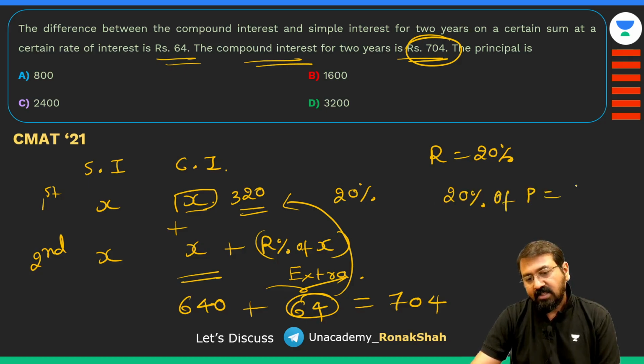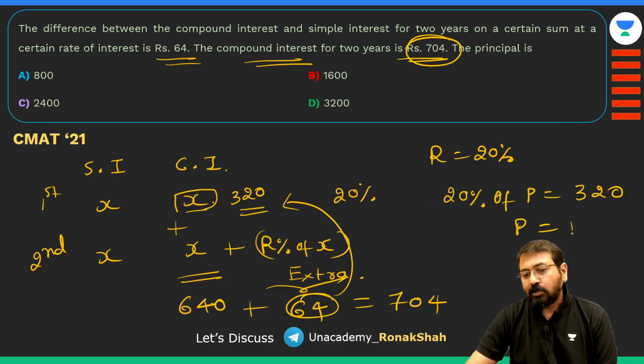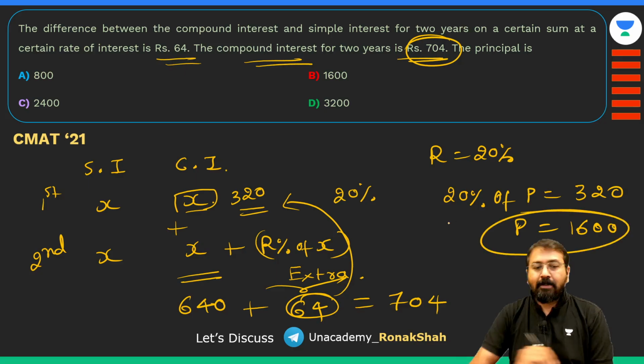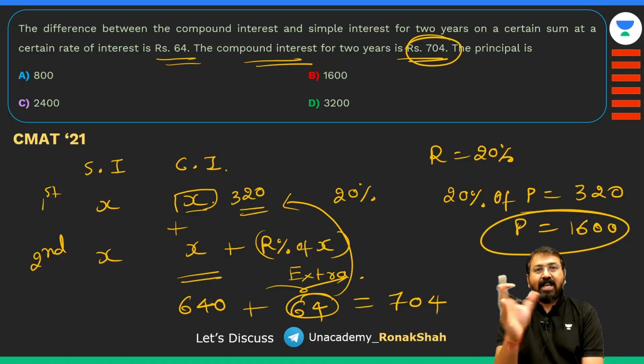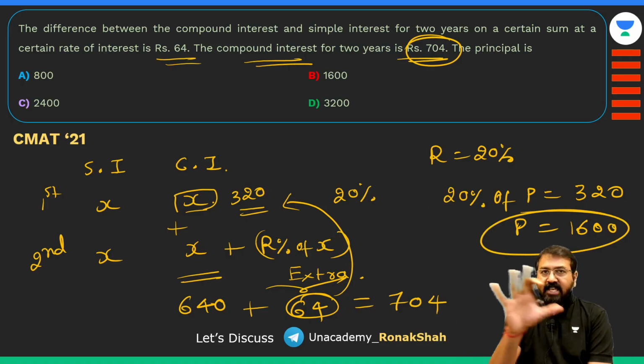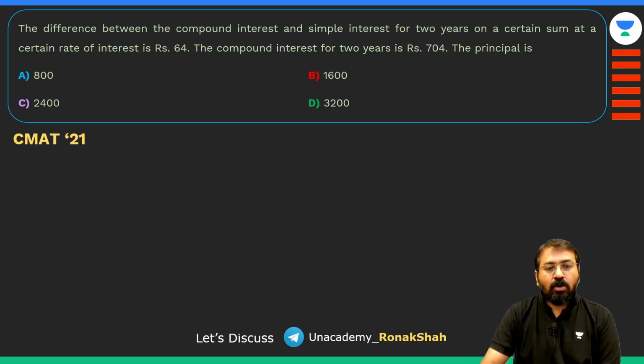अब आपका फर्स्ट ईयर का इंटरेस्ट जो है 320, 20% ऑफ प्रिंसिपल इज़ 320, तो आपका प्रिंसिपल कितना आ जाएगा, 5 टाइम्स कर दो इसका, 1600 आ गया कि नहीं। तो आप ऐसे सॉल्व कर सकते हो, ये पूरा मैंने कॉन्सेप्चुअली सॉल्व किया, बट मैं कह रहा हूं इसका एक शॉर्टकट है, ठीक है। तो ये समझ में आ गया हो तो मैं इसको इरेज़ कर देता हूं।